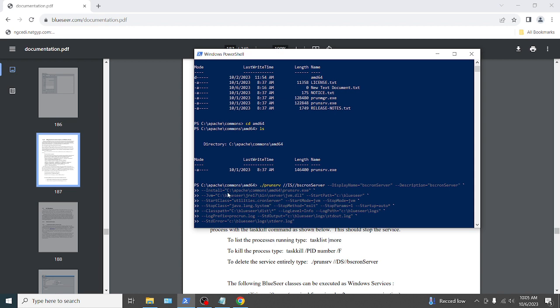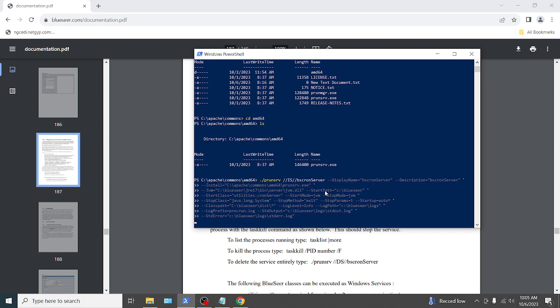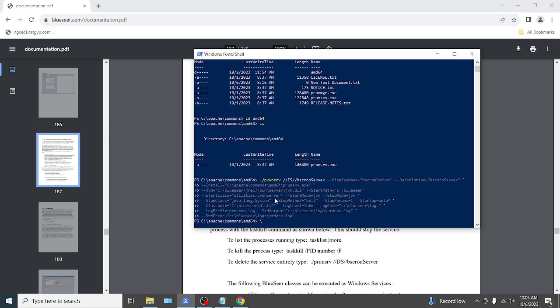So we don't have to change the install directory, C:\Apache\Commons\AMD64, and assuming that you installed BlueSeer in its common directory, C:\BlueSeer, all these other parameters should be fine. And so I'm going to press enter, and you will get a dialog box to allow this app to make changes. You're going to click yes. And what that's going to do is create a Windows service